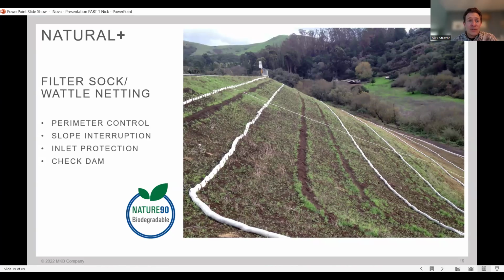First product is our Natural Plus netting. This is a tubular netting. We basically just swap polypropylene thread for a wood fiber thread material. This could be for a compost sock. This could also be for straw wattles. Straw wattles typically have what's called an extruded wiry plastic net